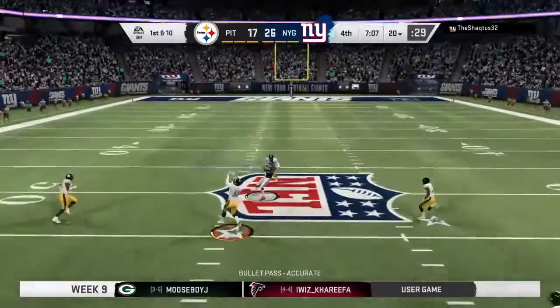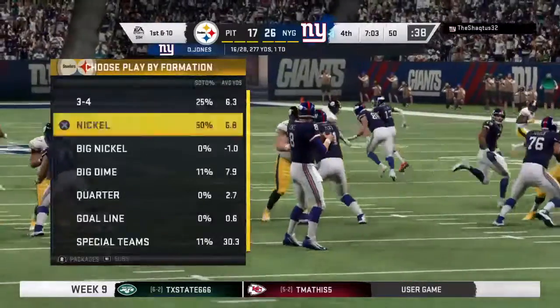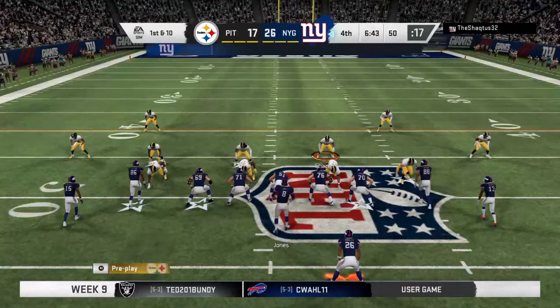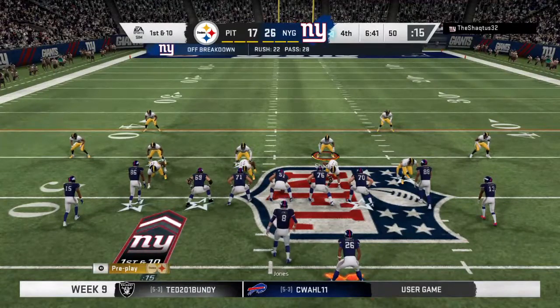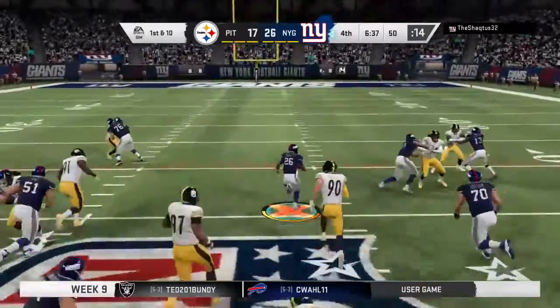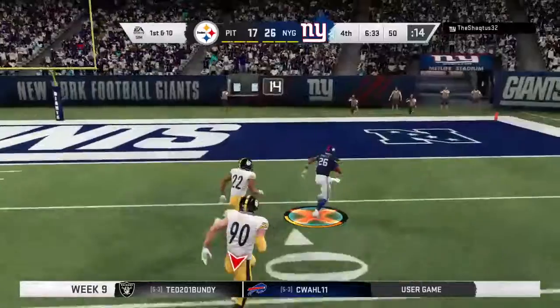Deep ball for Goodwin. It got his man, complete. That one goes for 30 yards. Charles, you talk so much about quick change plays. There's one right there. You get the turnover, and boom, hit him with a big one. The defenses plan for this all the time. They work on it in practice. But in the middle of the game, when that quick change...